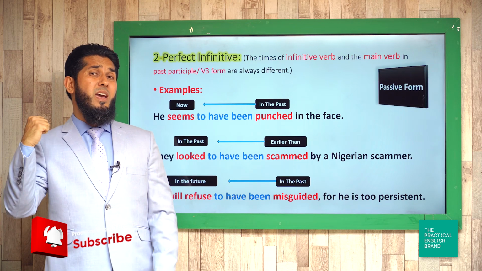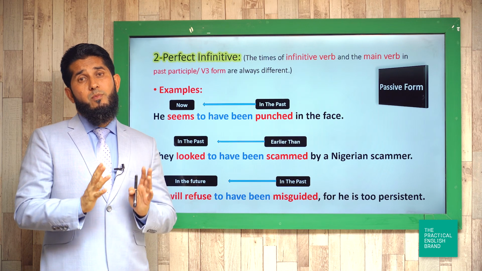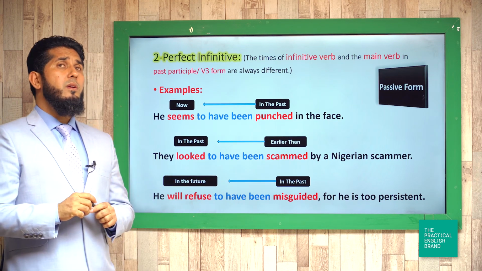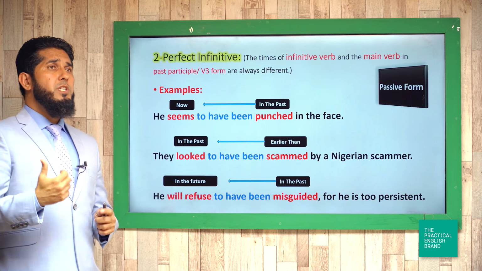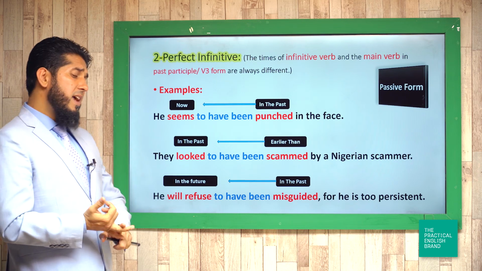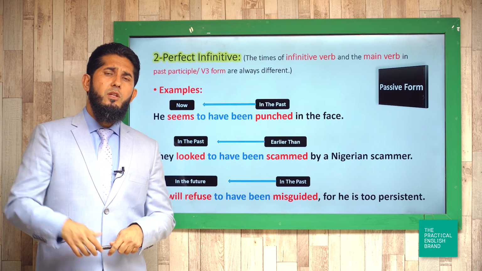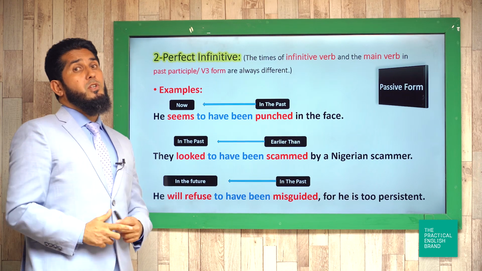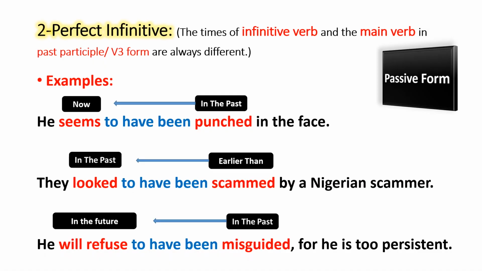Something happened in the past, and the remark or the result exists at present time, or something happened earlier than something else in the past. So we talk about the present remark of past action, or let's say the past remark or result of a past action, or sometimes the present remark of a future action. Now look at the examples over here. So the first example says,